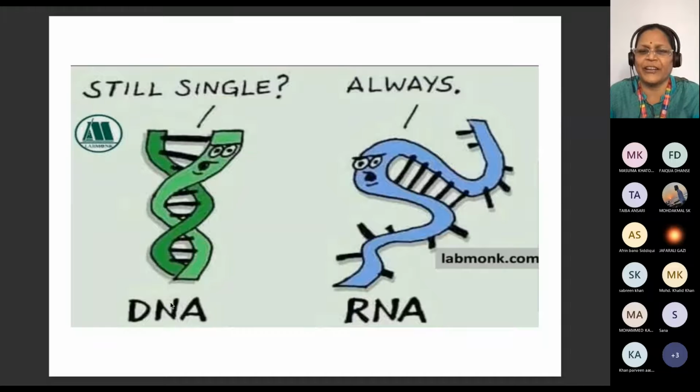So what is mentioned here? DNA is asking something to RNA, if they at all have communication. The cartoonist has imagined DNA asking RNA, that is single, and RNA is answering always, always. And what is this? You know, a spiral, and there are steps. These steps are nothing but the hydrogen bonds between your bases: adenine, guanine, cytosine, thymine, uracil, depending on the strand. This is what we have, the base and the sugar. These are the bases, and this is the sugar. This is a spiral, the Crick model, which we call the DNA model.